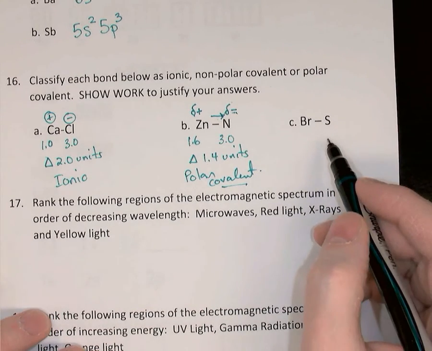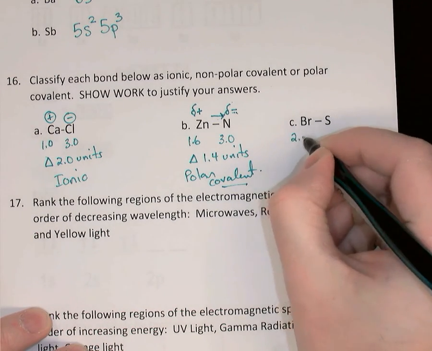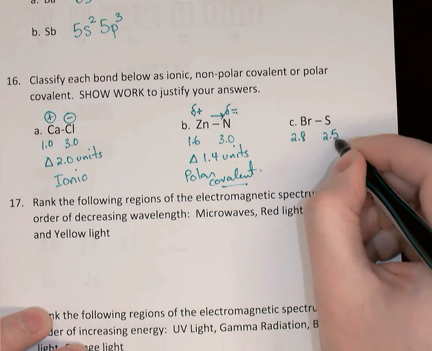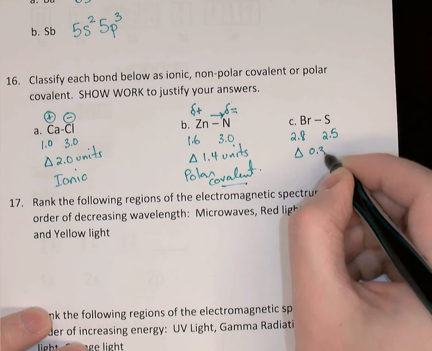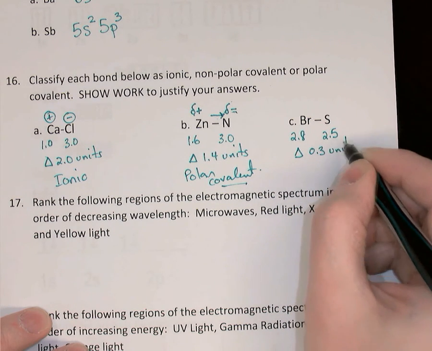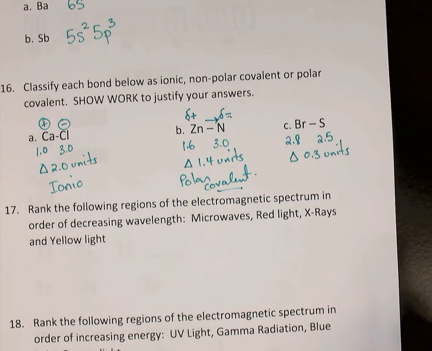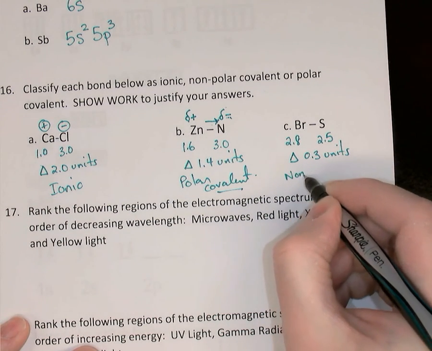The last example, bromine and sulfur. Bromine's electronegativity is 2.8 Paulings. Sulfur is 2.5 Paulings. The difference here is only 0.3 units. When the difference in electronegativity is 0.4 units or smaller, down to 0, then we call that a non-polar